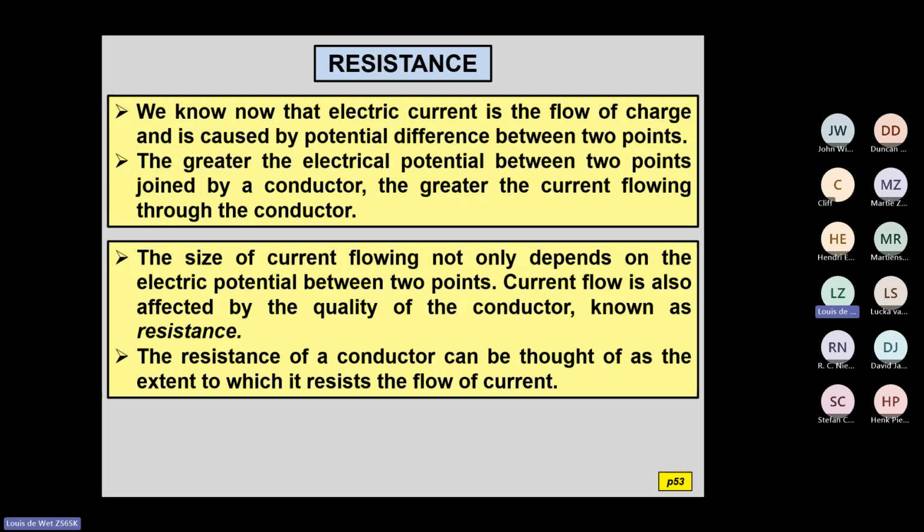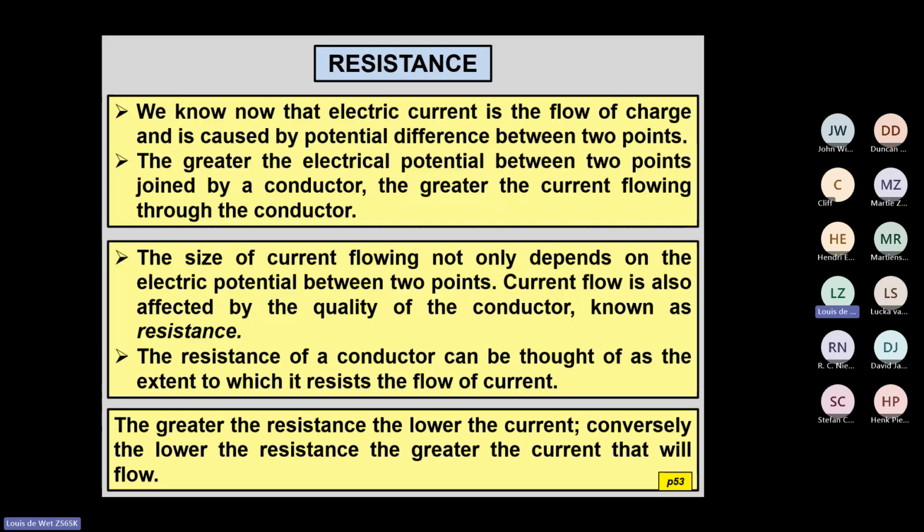All right. So the resistance of a conductor can be thought of as the extent to which it resists the flow of the current. So in a water pipe, you've got the dam, which is the one independent variable. You've got a tap or a big valve, that's the other independent variable, and you've got the water flowing through, which is a dependent variable, so you can adjust it.